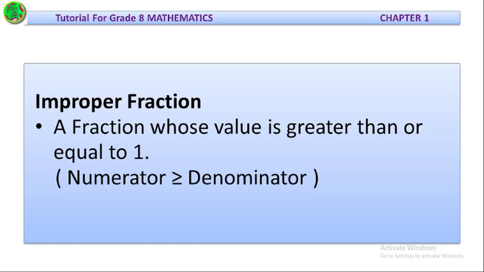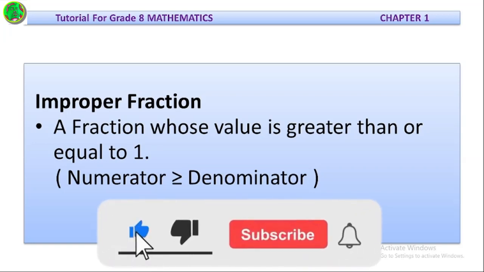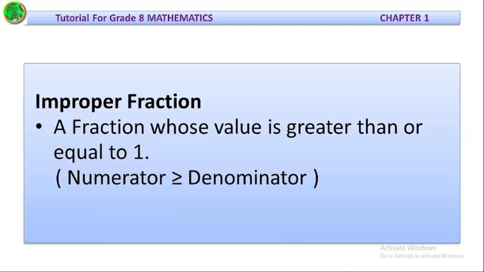The numerator value is greater than or equal to denominator. ላዕሉ ከታህቱ የሚበልጥ ወይም እኩል የሚሆን ከሆነ ይሄ ህገወጥ ክፍልፋይ ነው ማለት ነው። ህገኛ ክፍልፋይ ሲሆን ላዕሉ ከታህቱ ያንሳል ማለት ነው። ህገወጥ ክፍልፋይ ደግሞ ሲሆን ላዕሉ ከታህቱ ይበልጣል ወይም እኩል ይሆናል ማለት ነው።